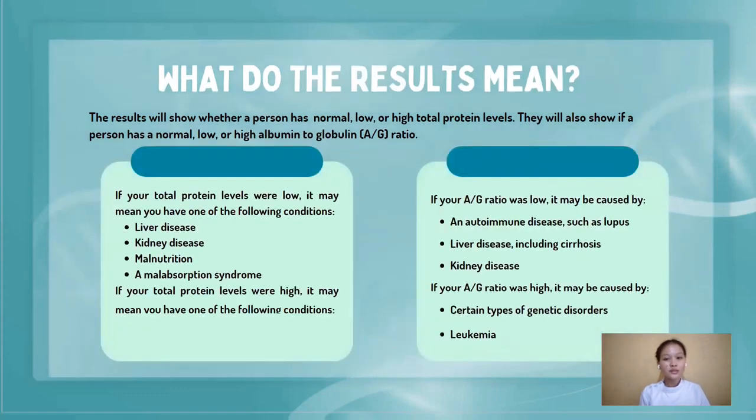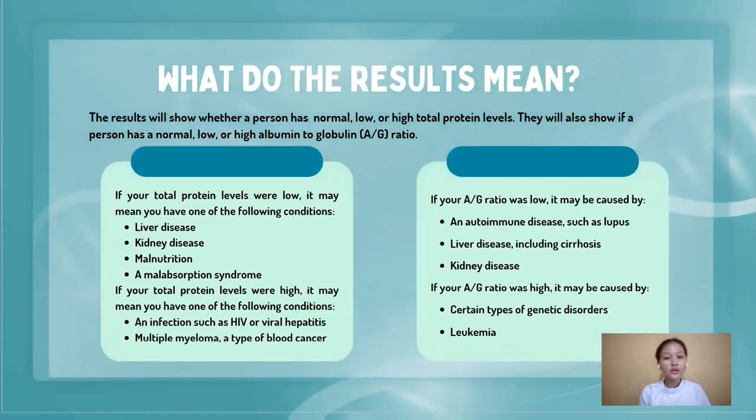What do results mean? The result will show whether a person has a normal, low, or high total protein level. They will also show if the person has a normal, low, or high albumin to globulin, or the A/G ratio. If a person has low protein levels, it may mean a person has one of the following conditions. First, liver disease. Second, kidney disease. Third, malnutrition, a condition in which your body does not get the calories, vitamins, or minerals needed for good health. Last is